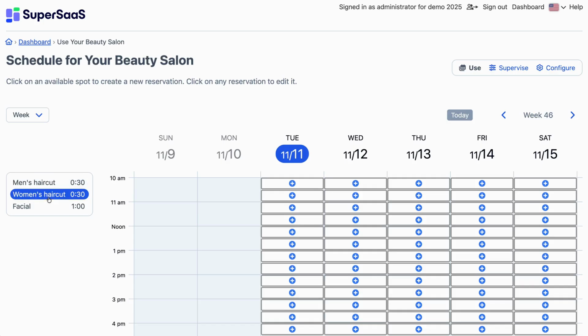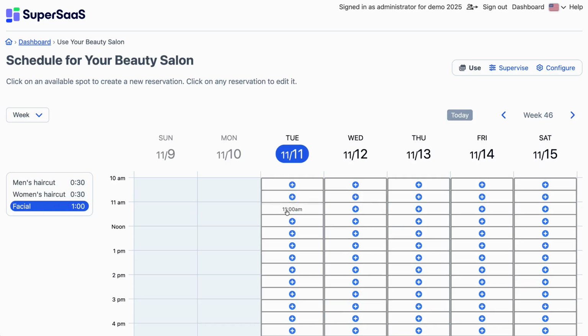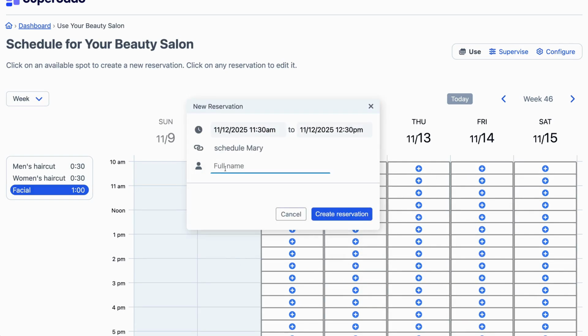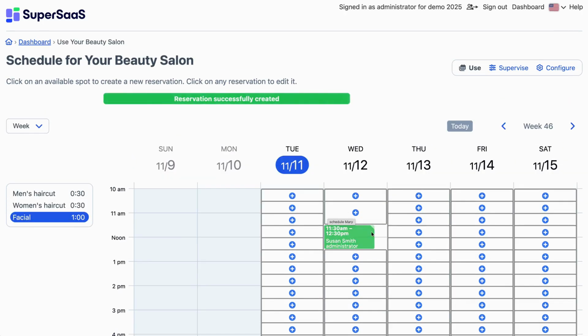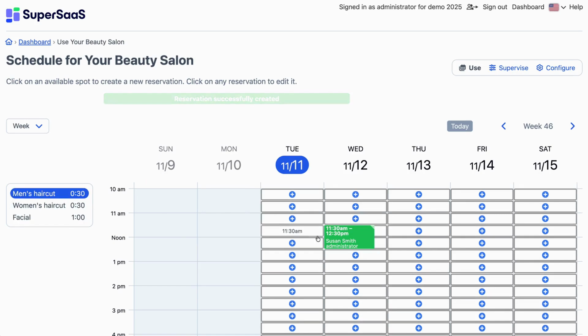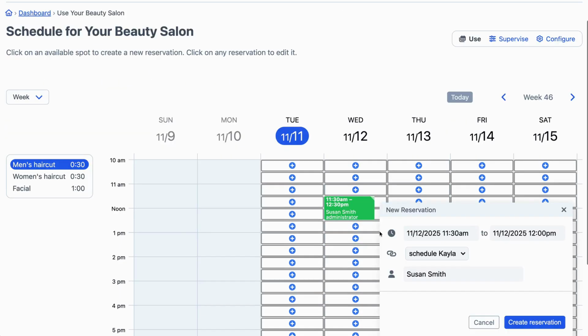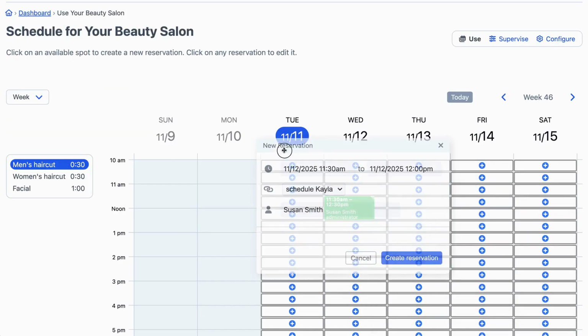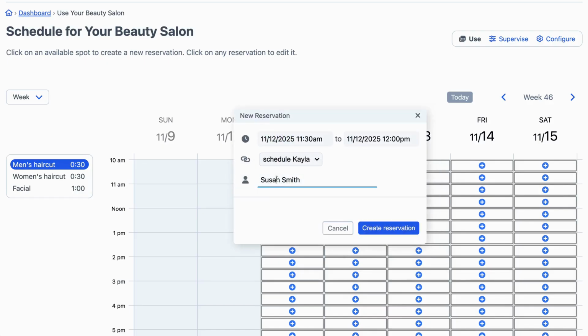You and your clients can now select one of the services on the right side, select a slot, and enter the requested details to make a booking. As you're currently logged in as an administrator, this is the scenario where you're making bookings for your clients. Select a different service to make another booking at the same time. Note that you could not plan another facial appointment there because Mary is the only person assigned to that service and she is unavailable. When we select men's haircut, we see the option to choose between Kayla and John, just like we set it up.